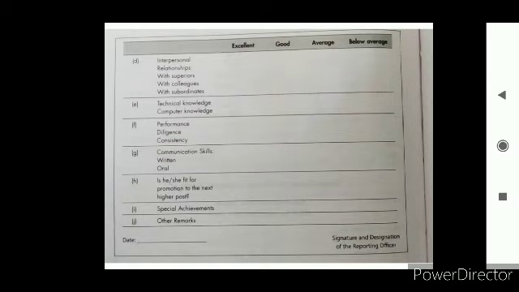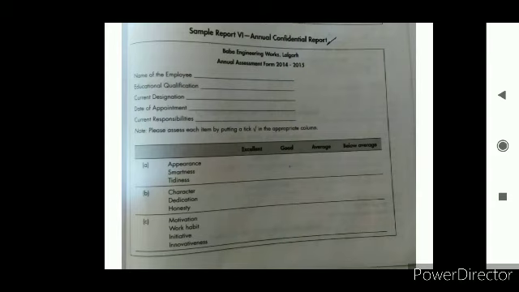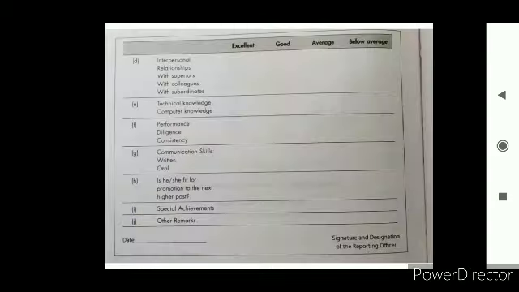So totally there are many other criteria, right from the appearance, character, then work habit, interpersonal relationship with the entire workplace people, technical knowledge, computer knowledge, performance, their consistency, communication skill, both written and oral, and whether the promotion has to be given for the higher post, special achievements, other remarks.